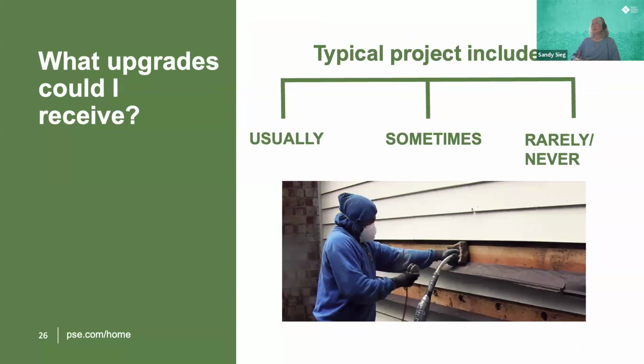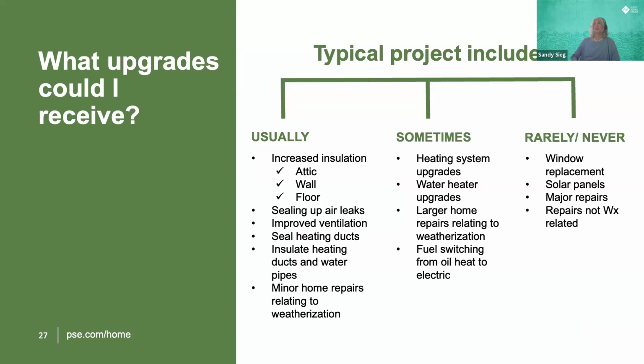So now you might be asking, okay, I see the 3 examples, but what upgrades could I receive? Now, a typical project includes, and we have them in 3 categories: a usually category, a sometimes category, and a rarely never category. So let's see what usually is included in a project. So look at that column to the far left. Usually a project involves increasing insulation in the attic, floor, and wall, and sealing up those air leaks that are found through those blower door tests. Improved ventilation. Now, some of you said you're not getting enough fresh air in your home. Well, improved ventilation can help with that. Sealing heating ducts. Same idea as sealing air leaks, except in the heating ducts. Now, we can also insulate